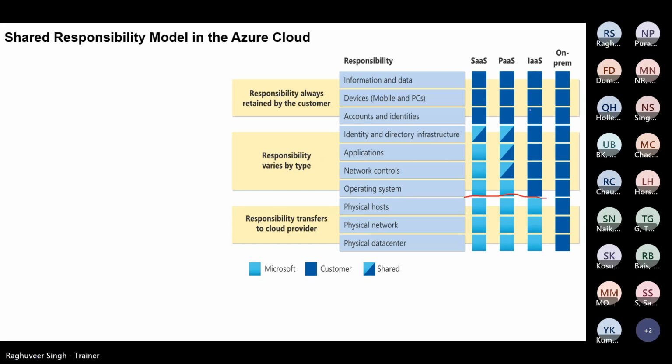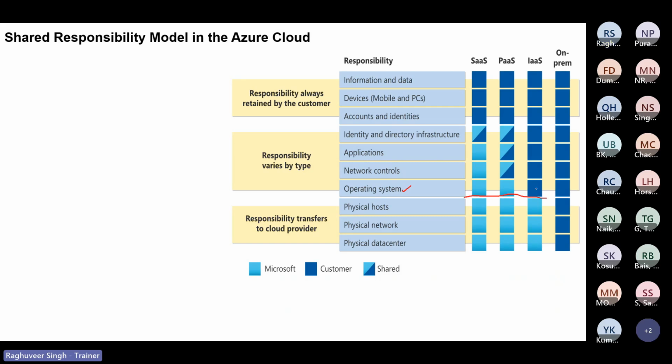So if it is IaaS, and if you are provisioning an operating system, that will basically mean that you are provisioning a virtual machine. So if you are provisioning a virtual machine in IaaS, then that virtual machine is the customer's responsibility. It basically means that the customer is responsible for configuring that virtual machine, considering the security best practices, ensuring that the virtual machine operating system remains up to date